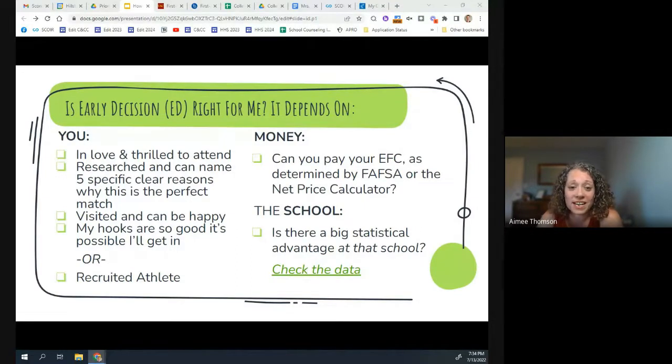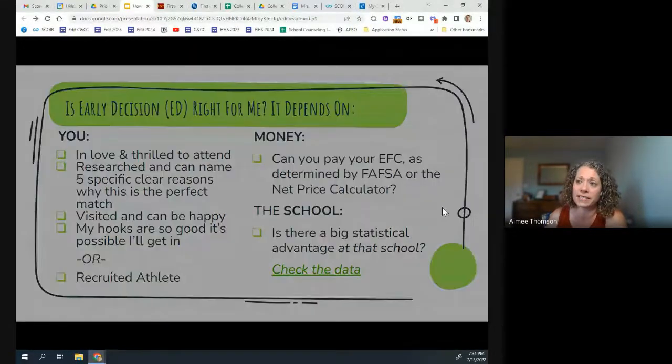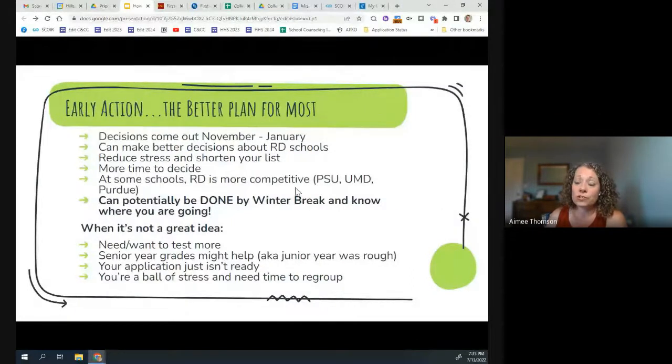Some of those students then had a clear second choice, and they chose to apply early decision 2. And there were some other students who kind of came out of nowhere and decided that they had a first choice, and they applied early decision 2. We had 21 students apply that way, and 9 of those students were accepted. So that kind of gives you an idea about what we're really talking about in terms of real numbers and who's actually applying ED. What more students are doing is applying early action, which is a much better plan for most.